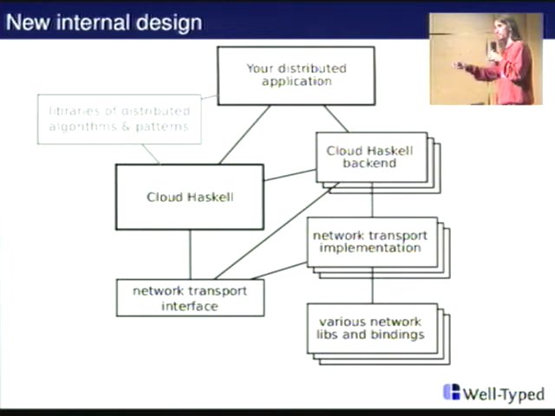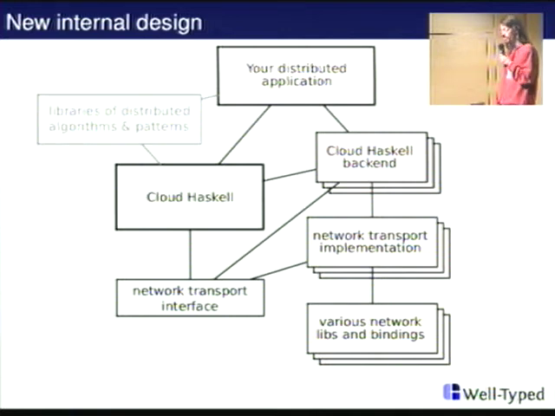And your application depends on both. It calls one function to initialize, and then it just passes it off, and then you use the main API for the rest of the time. So this still allows you to have libraries of reusable distributed patterns that don't depend on any backend, and your particular application uses one backend to initialize, and then it should be easier to port from one place to another, from your job schedule environment to your cloud environment by changing the backend and only changing the bit of code